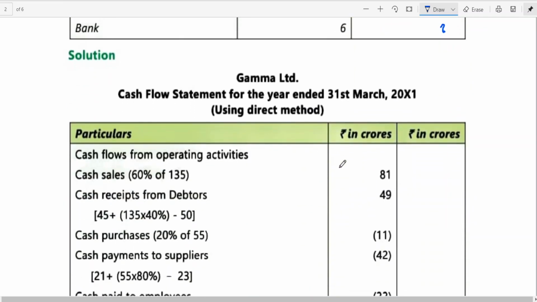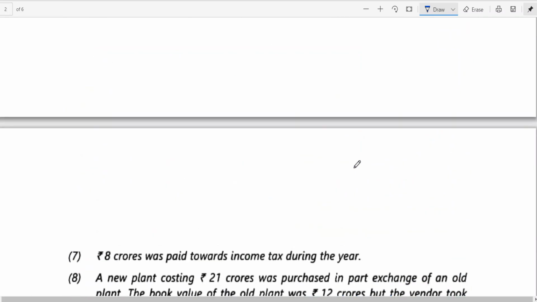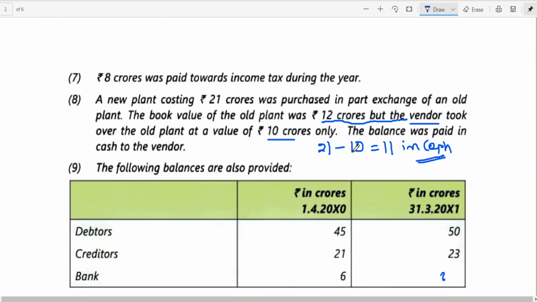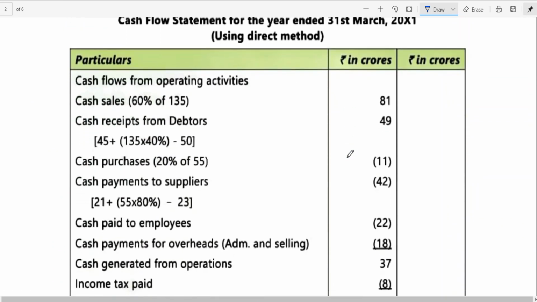Cash flow statement for the year ended 31st March 2011 using what has been given, direct method. So cash flow from operating activities, cash sales I have already explained to you, cash receipts, I think this is what he has done. Opening balance plus credit sales minus closing balance, directly you can get. That means instead of doing the working notes like this, I think this way also you can do. Even the same concept you can use even for single entry if needed. But only suppose debtors account is not needed.